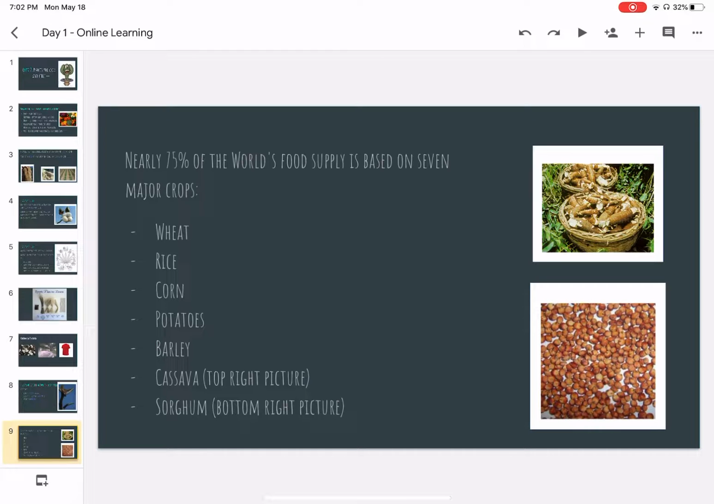I want you to think for a second why certain countries might rely heavily on plants as opposed to animals for food. I know animals take up a lot of space, and animals are very expensive to raise. So, in a lot of countries that maybe don't quite have the economic status of Canada or the United